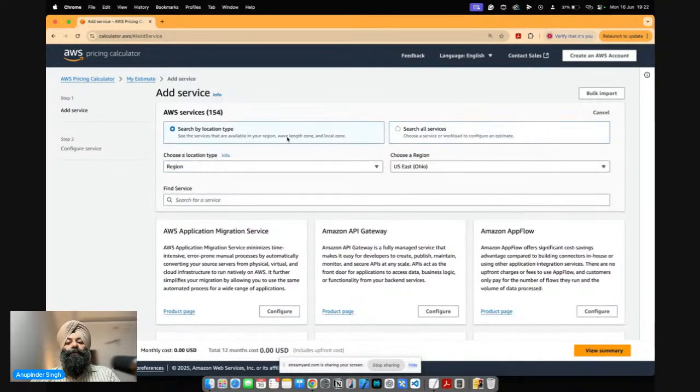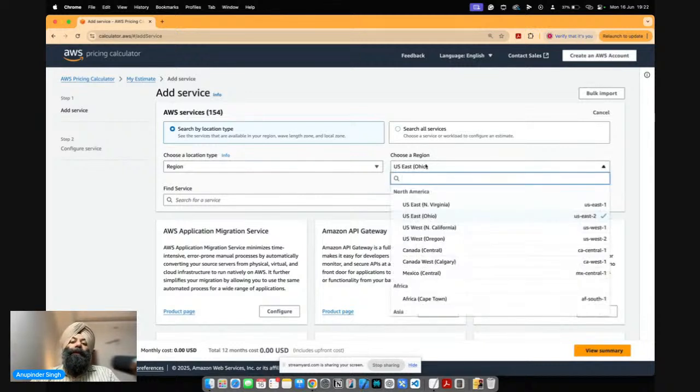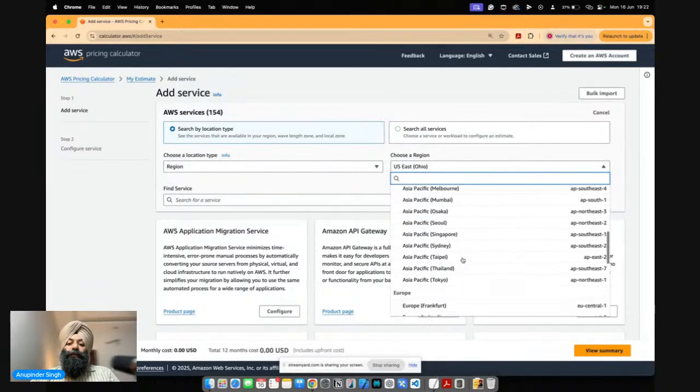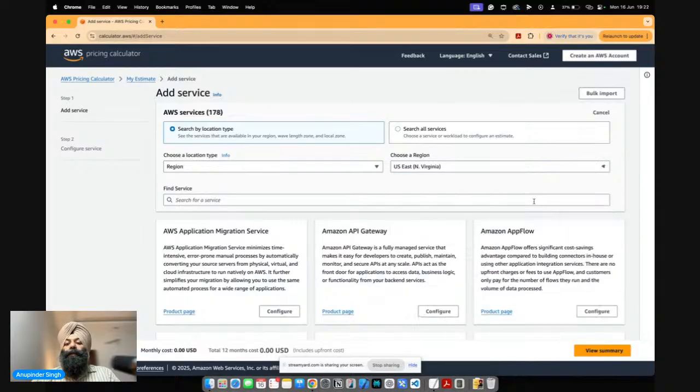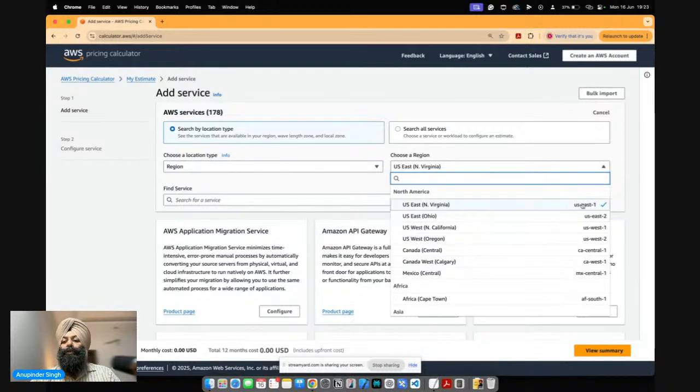Similarly, the difference with search by location is that you can select the region first. If you look at choose location type, you can use any one of region, local zone, or wavelength zone. Broadly, a region is a geographical location, a local zone is for hosting closest to users to reduce latency, and a wavelength zone basically taps into telecommunication networks. I am sure you are aware that AWS has some specific regions; if not, just go and read about it. You can choose any one region, and based on that, whatever the costing is going to be, you will be charged for that. So this is primarily your initial selection criteria. I will choose a region, and after that I will choose North Virginia, that is the US East 1 location.